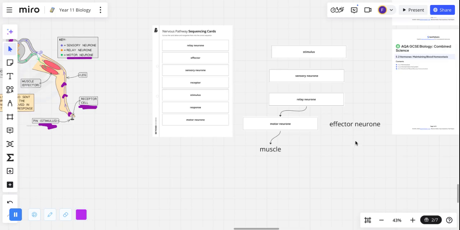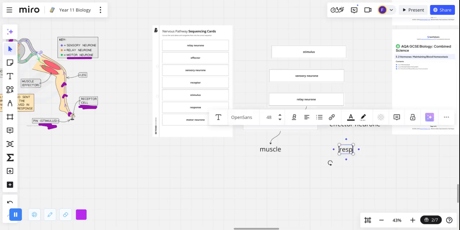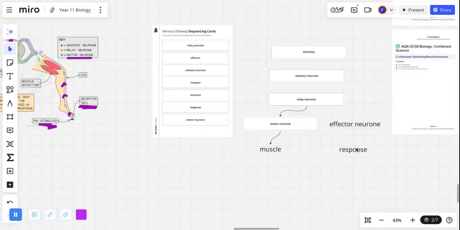But this will be a response. So I can say that actually that causes a response. So this response can be either your muscle or it can be one of your glands. Definitely GCSE will talk about your adrenal glands. And you'll get a response. So I kind of like the words effector neuron and response because it covers both muscular and glandular reactions. All right, so I'm going to stop that. Now,